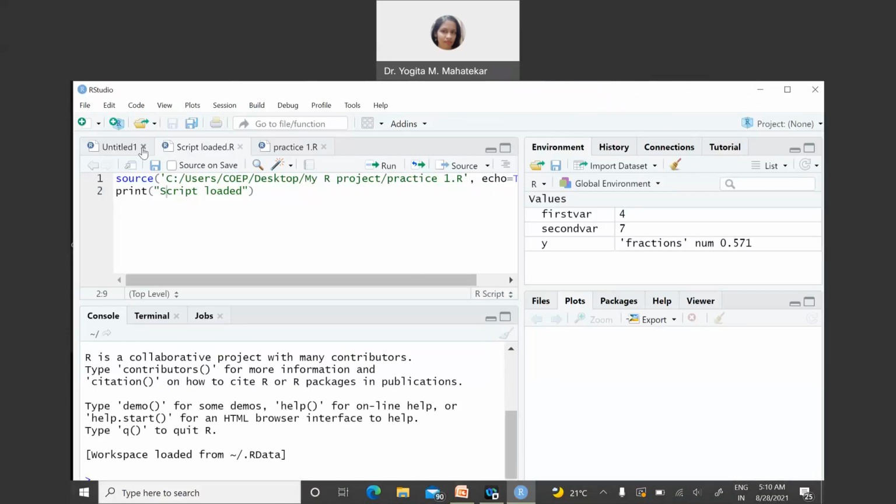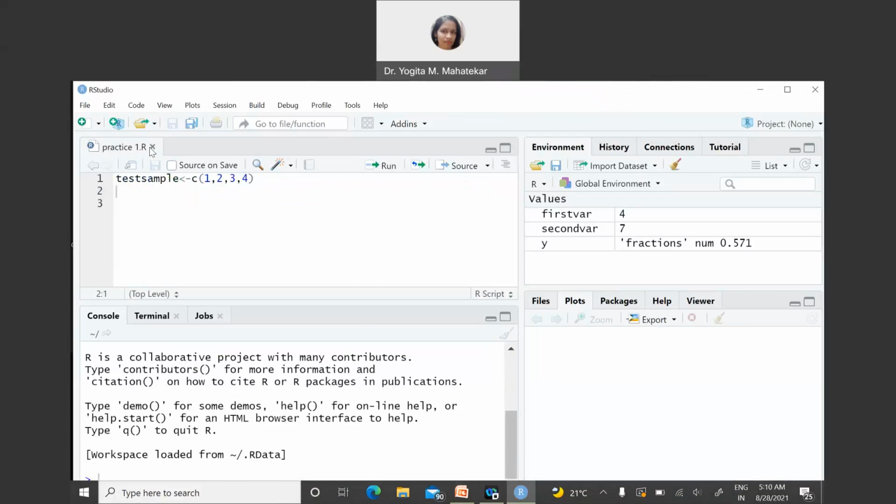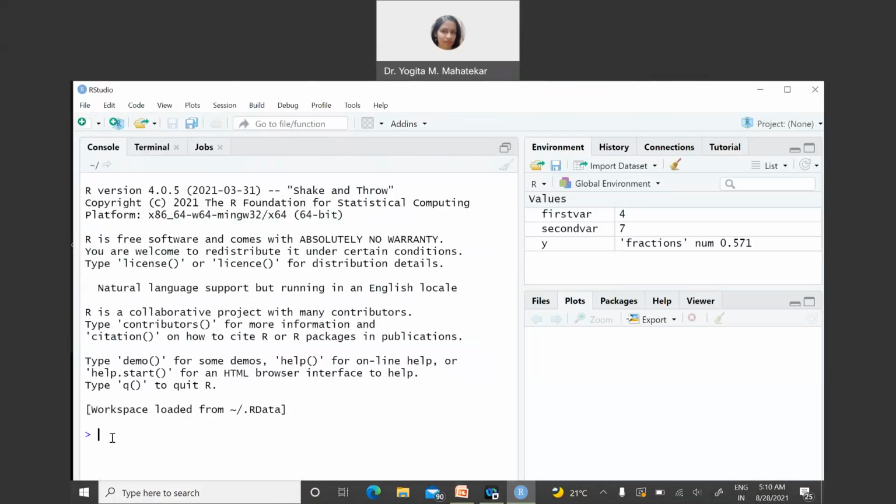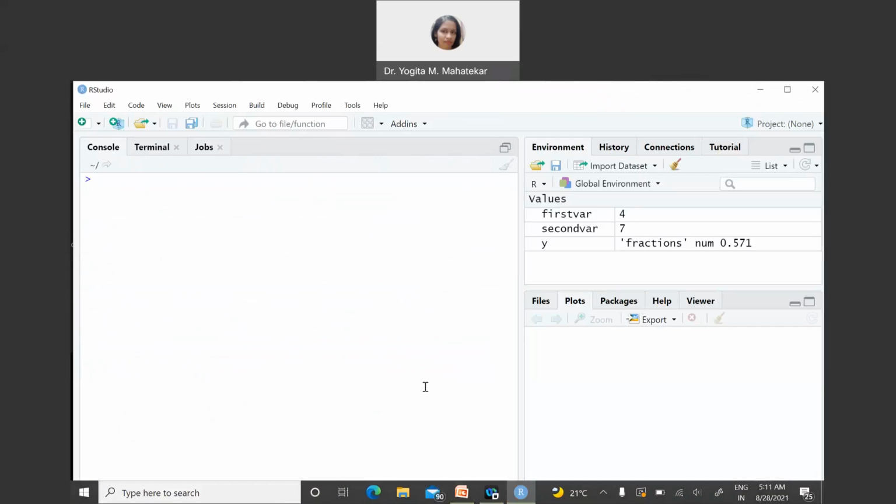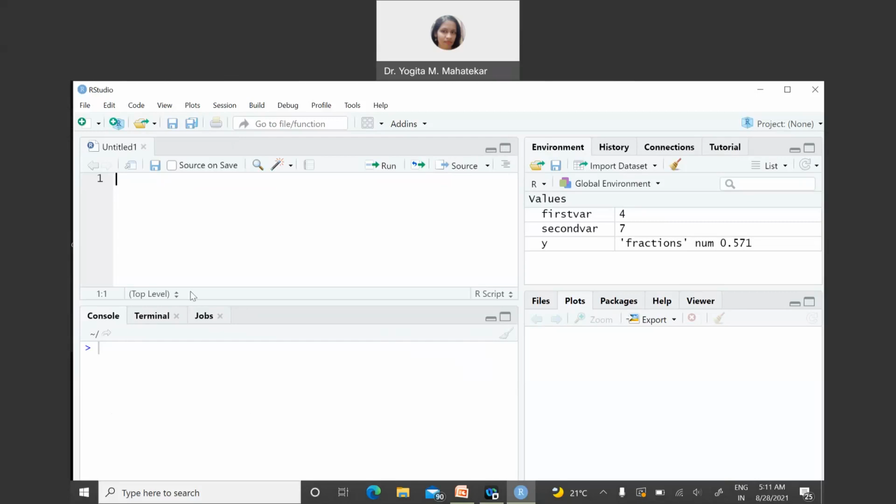I'm going to clear everything from RStudio windows. This is the console window. I have to clear all the information that is right now displaying on the screen. So I will press Ctrl Enter together, so the console window will get clear. Here there is a minimize and maximize button of the console window. If I click on that, the console window will get minimized and you can see now the source window.